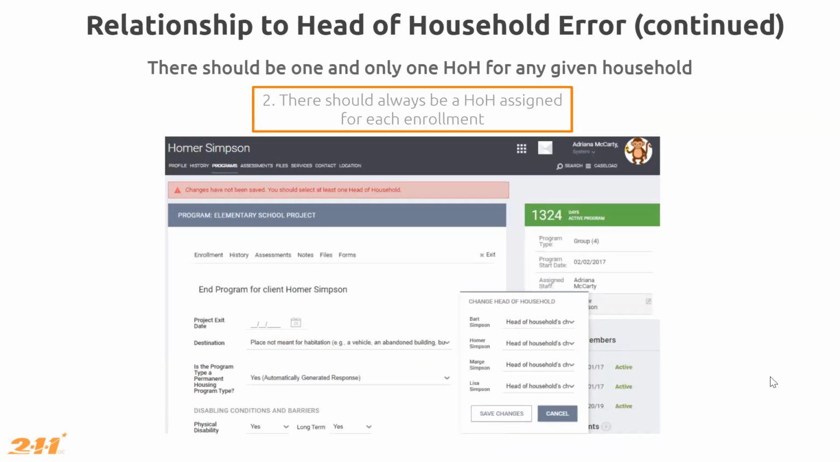So now let's see the second scenario with another example. I'm going to be using the Simpson household again, but this time I will not select any head of household. This means that no one is self in the relationship to head of household, as you can see here. So in this case, the system will also show me an error message